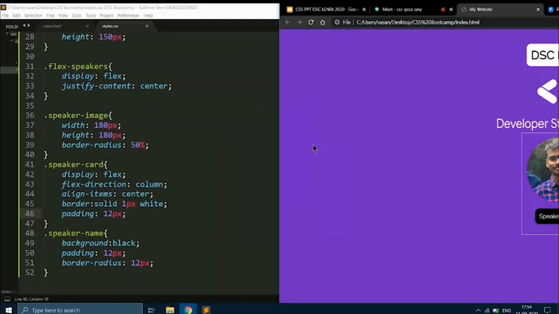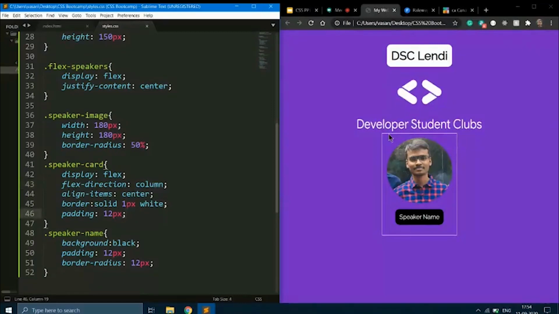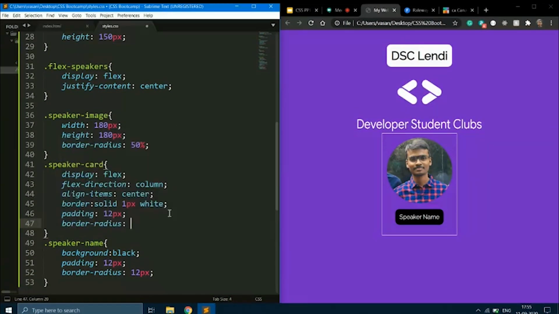Okay. And also, I want to make this a rounded corner. Border radius, let's give 12 pixels. Border radius is nothing but it converts your square border to a rounded rectangular border. So this is how the border has been applied to our speaker.